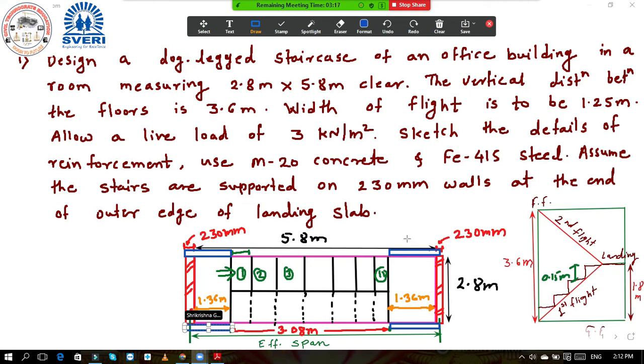Okay, now in this case, here if you see whatever the red support that is given, this is in the same spanning direction as the direction of the slab. So here in this case we will directly take the center to center distance. Okay, note down this point. I have also drawn the diagram. From the next numerical we will take that type. It is further there. So you see that if the landing slab is spanning in the same direction as the stairs or the waist slab, then you should take the center to center distance.